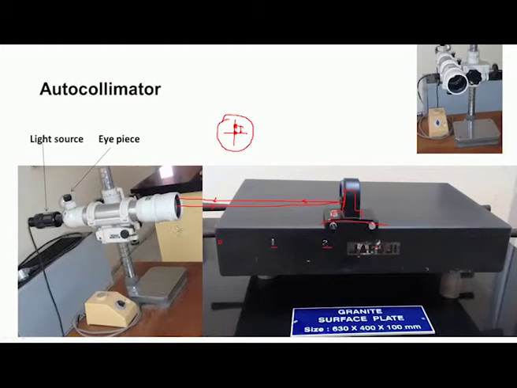Now, see there is an arrangement, say we have some surface which is inclined like this, an inclined surface. We can orient the autocollimator tube with respect to this inclined surface. For that, this can be rotated like this, and the height can be adjusted depending upon the workpiece height, and also we can rotate the autocollimator tube in this fashion.